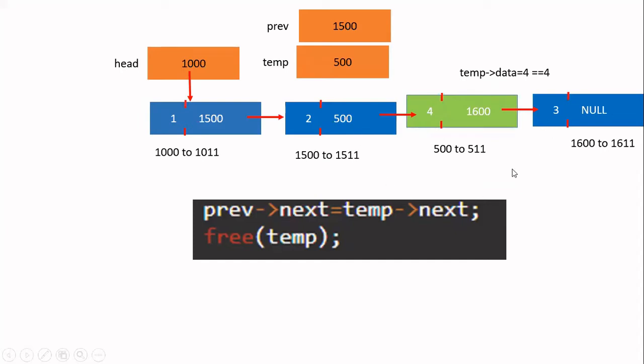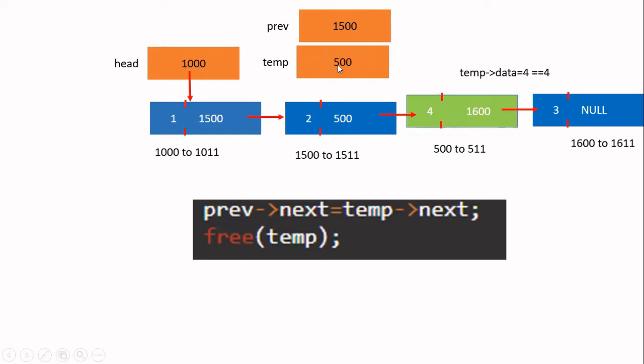What is the meaning of making this one? This address is 1600. That address you put it here. Now you see I want 1600. Where is 1600 available? You see here we are keeping track of only 2 pointers. One pointer is having 1500. Another pointer is having 500. Where is this 1600 available? You see this? Here we have 1600. This is nothing but in the 500, the next field is 1600.